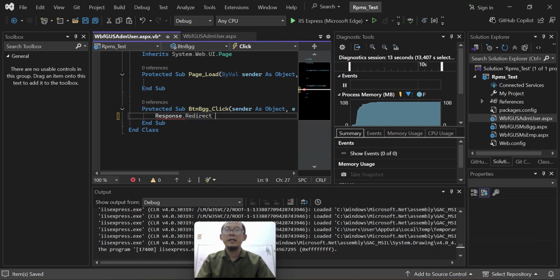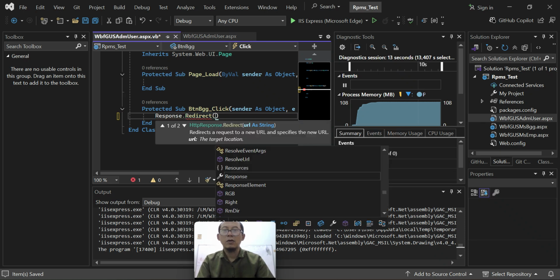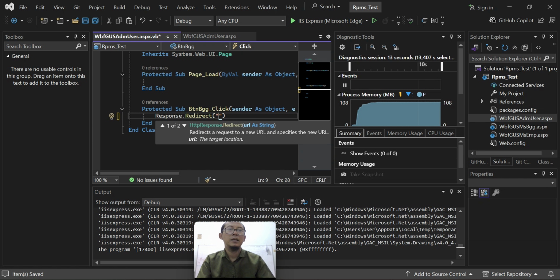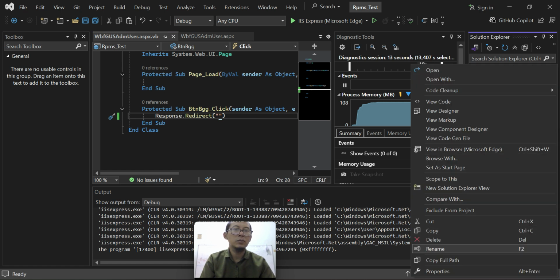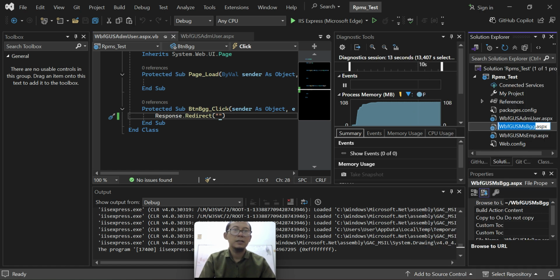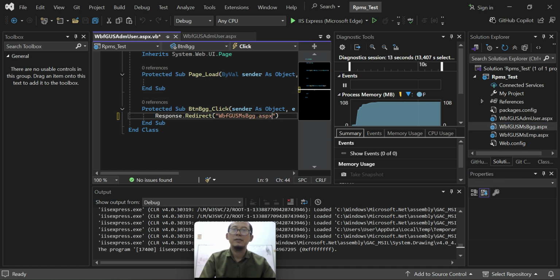Response.Redirect, open quote, and type here the name of the web page that we want to go to. I want to go to the budget group web form .aspx. It's very simple.